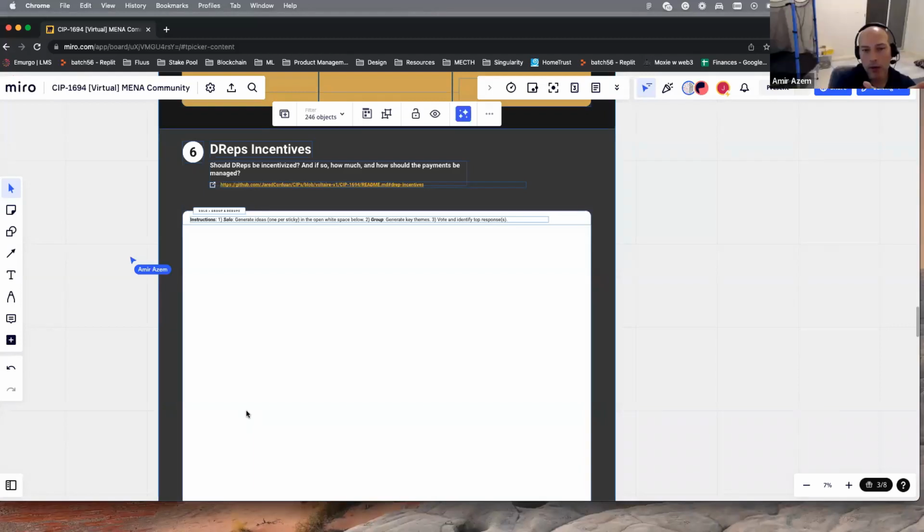Now, the current votes that happen in Catalyst, is that the same order of magnitude we're talking about for DREPs? It's just related to how much they have in their wallet and it's a small amount? Is that what people like you think is acceptable? I'm asking, do you think it should be more than that? It should be enough to be a full-time job. DREPs is like a full-time job.